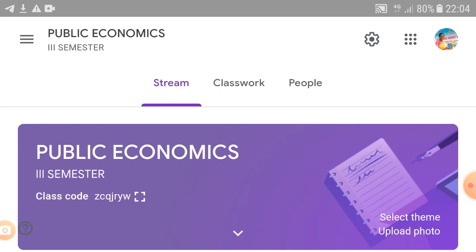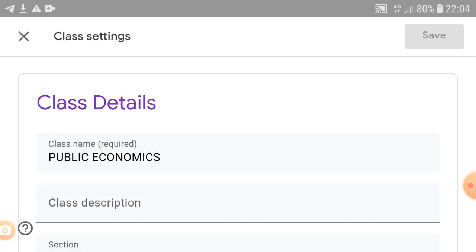Public economics. In this Google Classroom, we have the settings. Okay, the settings symbol is there. If I click the settings, it shows these details. As a teacher, first the plus button symbol is there. Pressing the plus button, there are join class and create class.